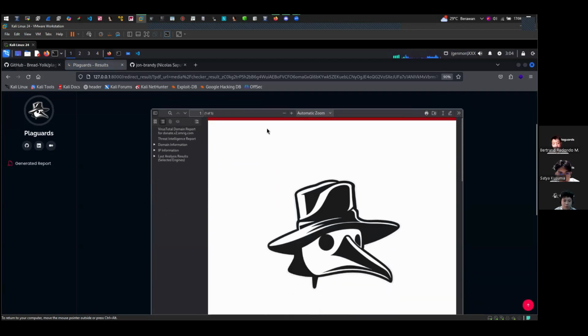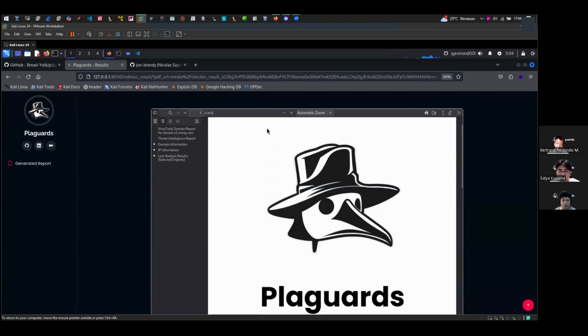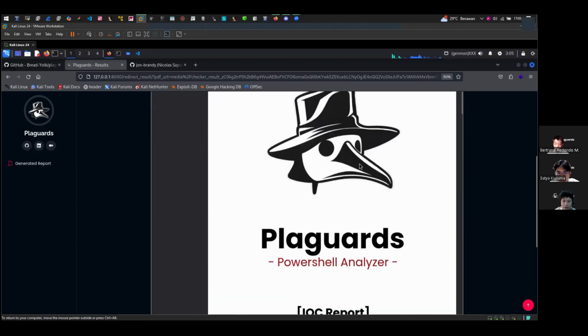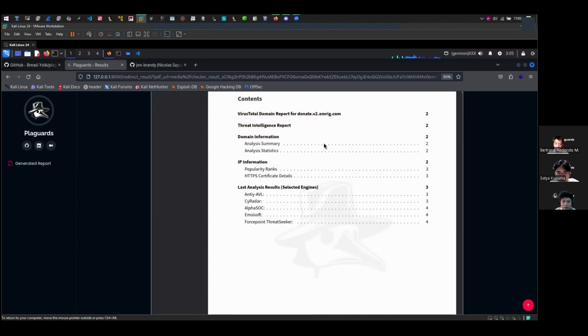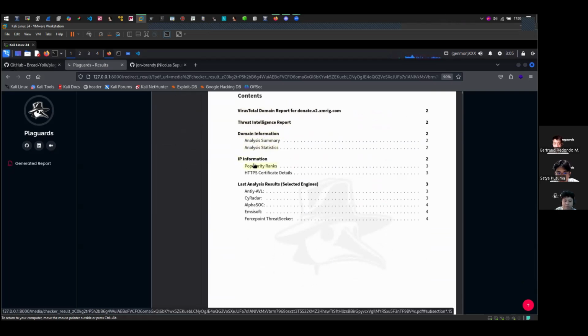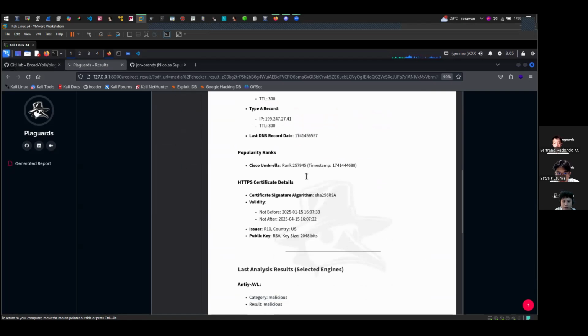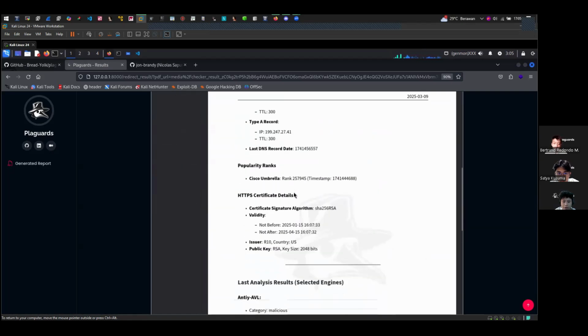Once we receive the API response, PlayGuards will parse the response into Markdown format. Afterward, it will convert the Markdown into a PDF file. And this is the example. You can also navigate through the document using our list of contents. If you want to check the IP information, you can click it and it will direct you to the IP information section.